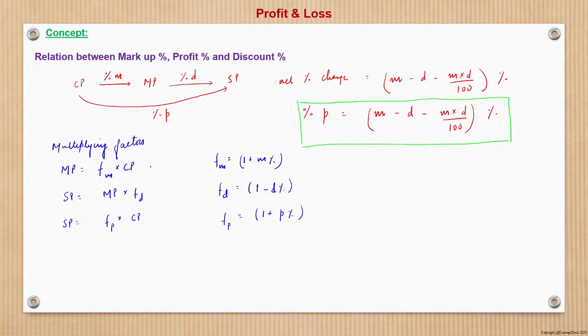So when we arrange these three equations, from equations 1, 2 and 3, can we say that, substituting MP is equal to FM into CP, and CP is nothing but SP upon FP,